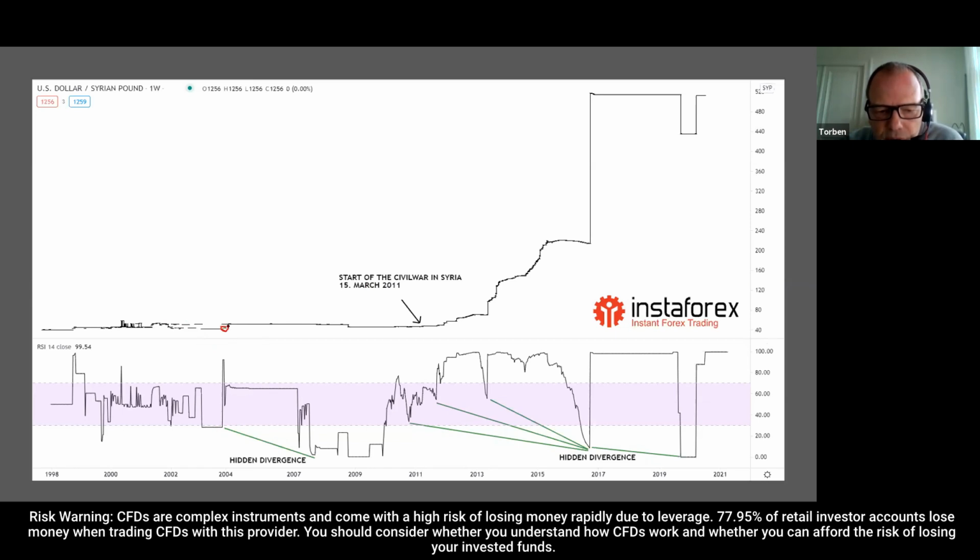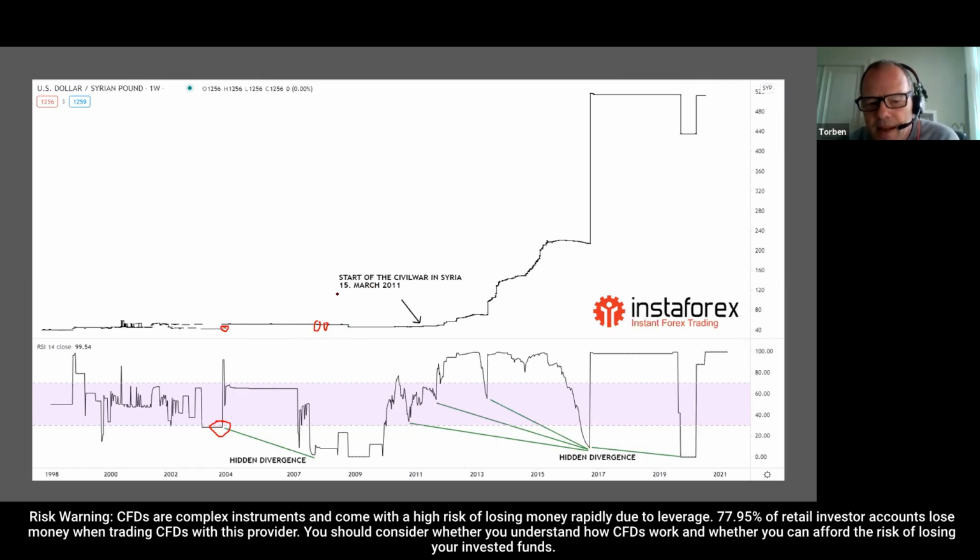That was this low over here, and here, which is a higher low, 2 times. Hidden divergence,